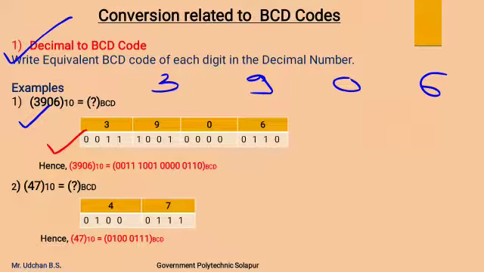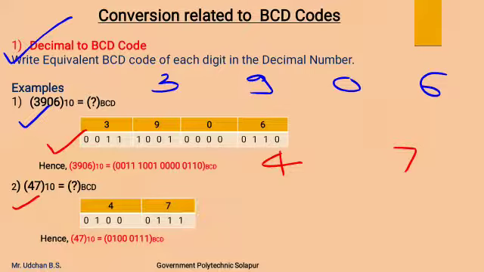In the second example, the decimal number 47 is supposed to be converted into BCD code. So again consider individual digits, that is 4 and 7. Write BCD code for each of the digits.